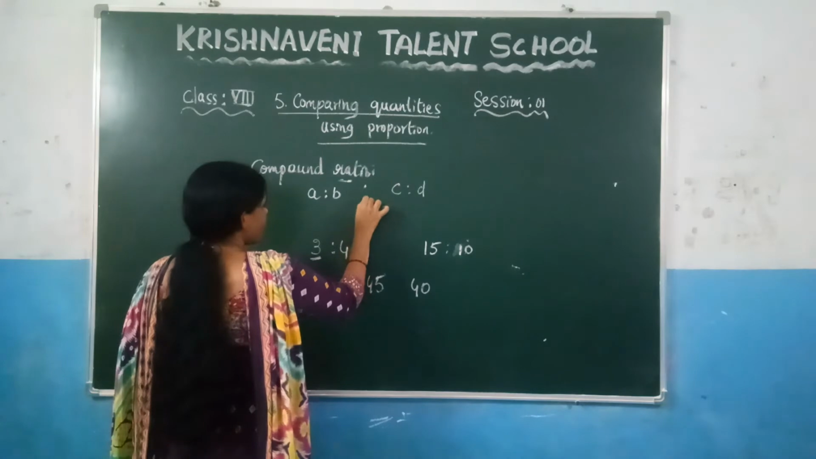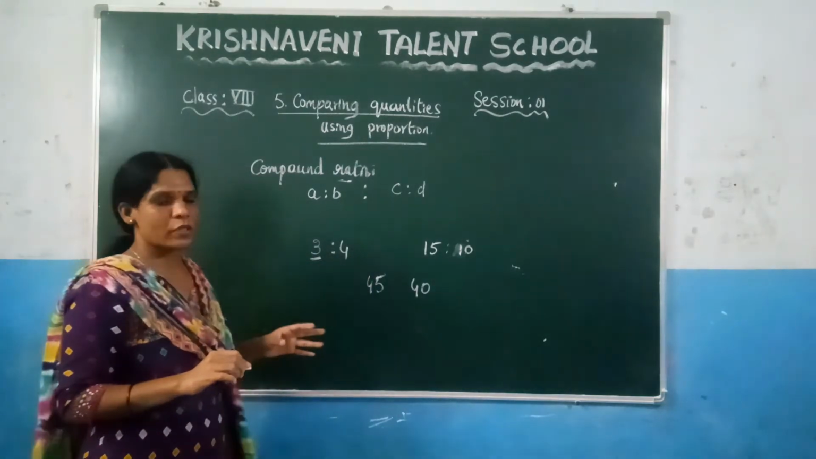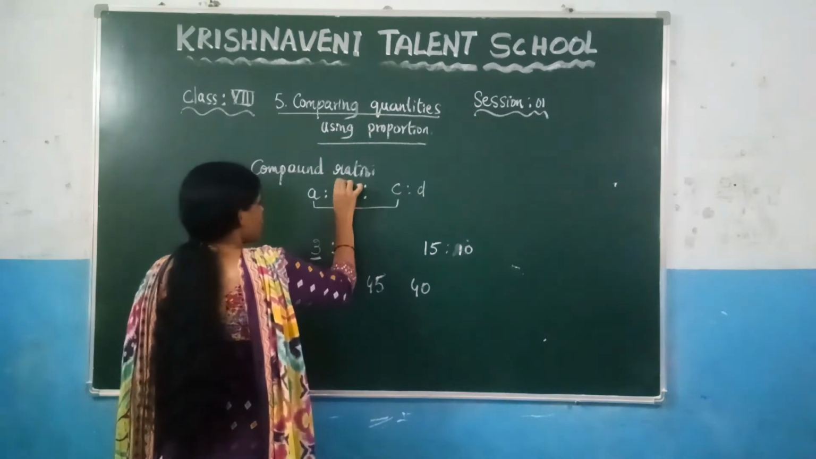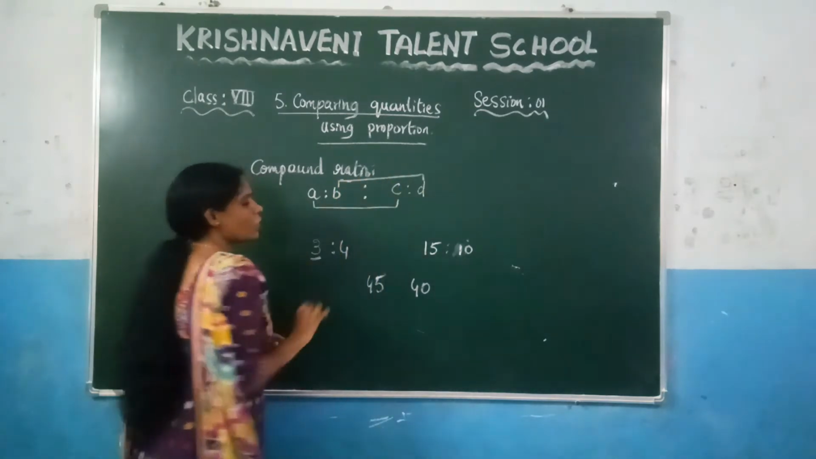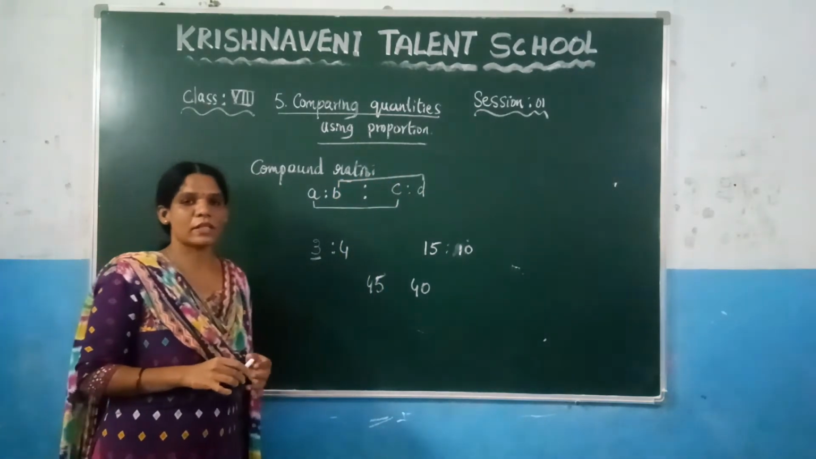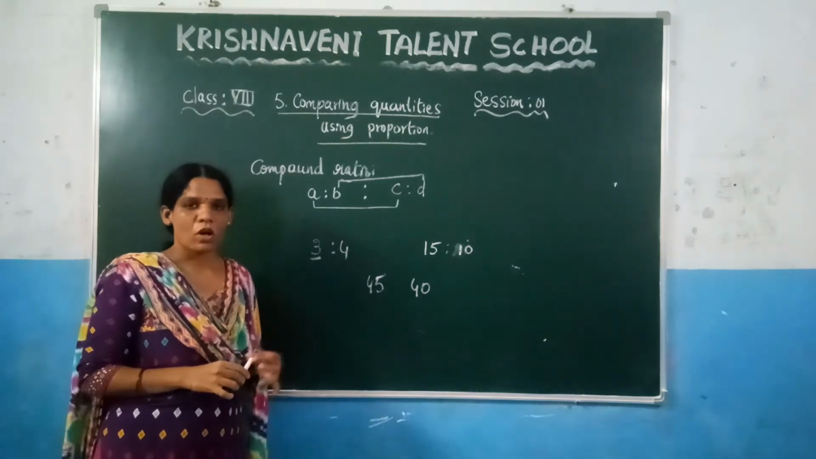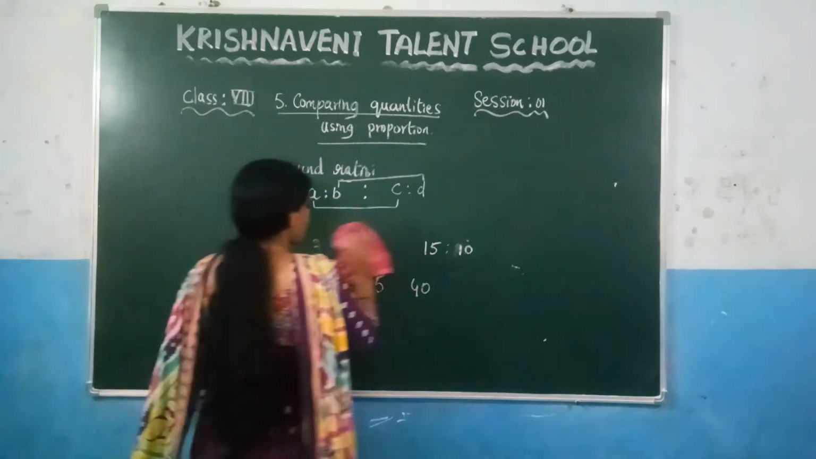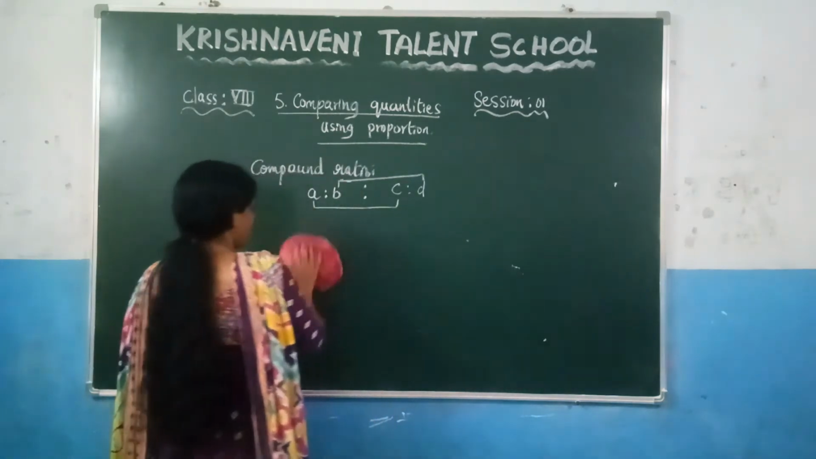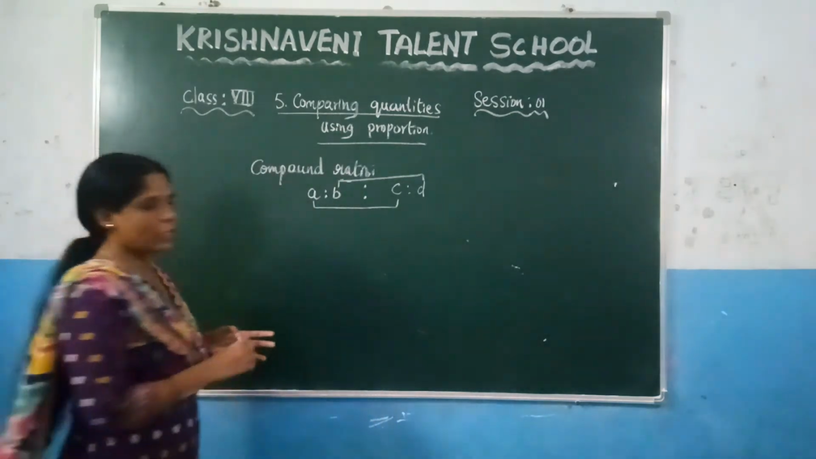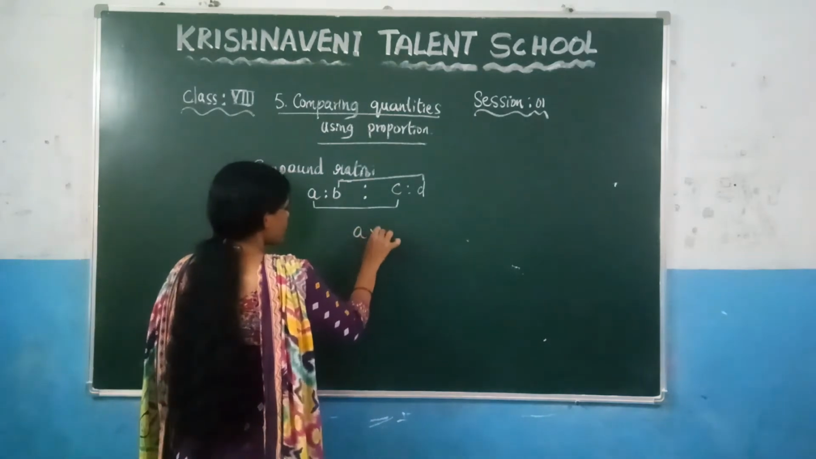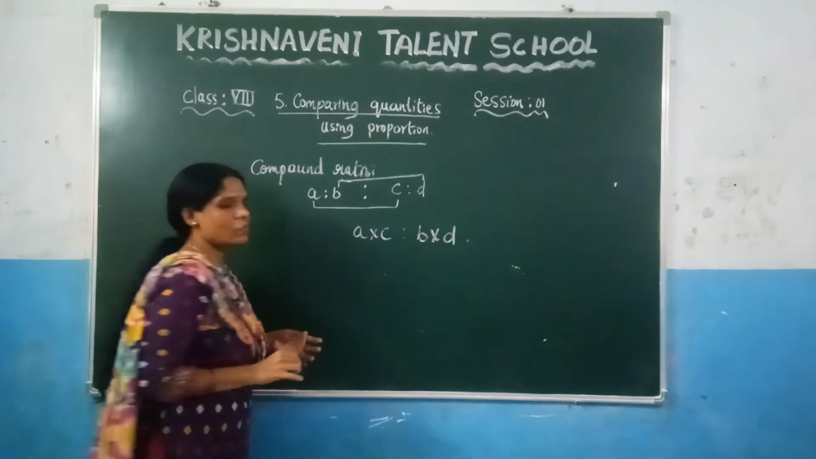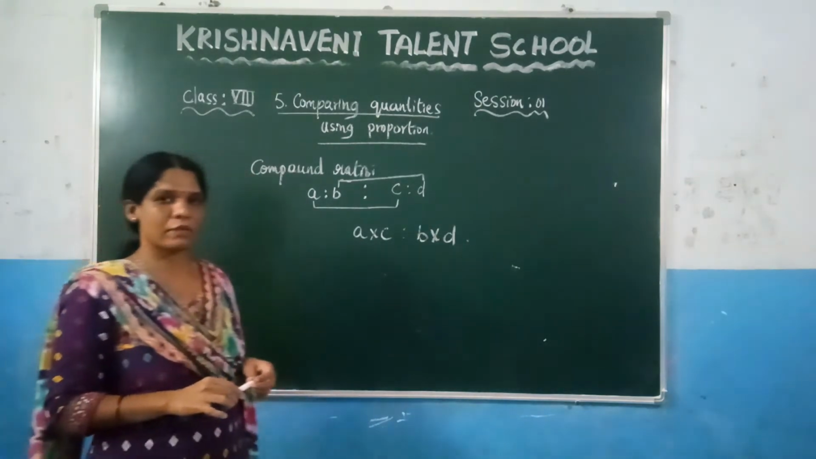these two ratios are given. If you want to find the compound ratio, you need to take the product of the antecedents and the product of the consequents, so that you will get the compound ratio of the given two ratios. Like this, you need to find the compound ratio. So how do you find the compound ratio? A into C is to B into D,